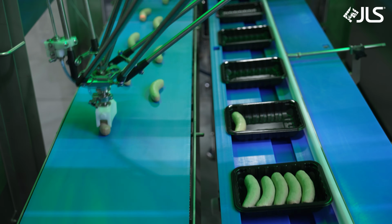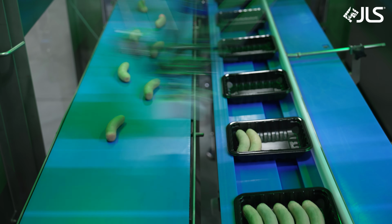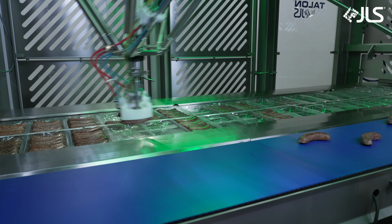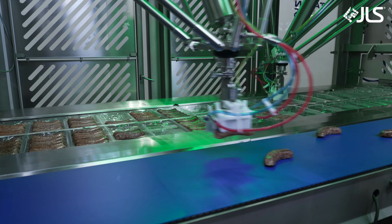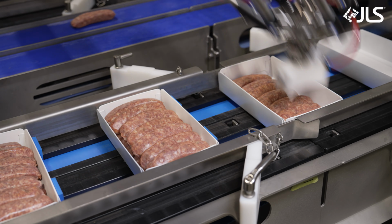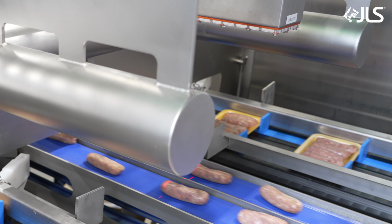The advantages of having robotic systems allow you to manage the product in a manner that simulates or mimics a human touch. We can grab the product, hold the product, and move the product in the same manner as a human would. That allows for repeatability, precision, and using vision, it allows for better quality,